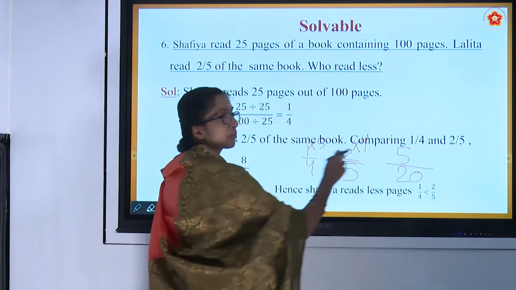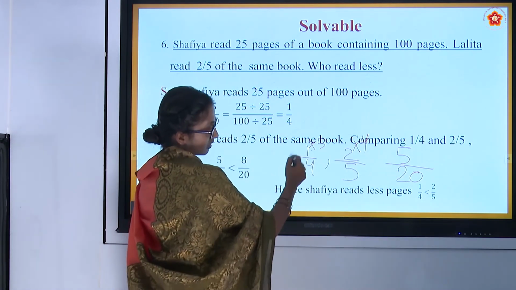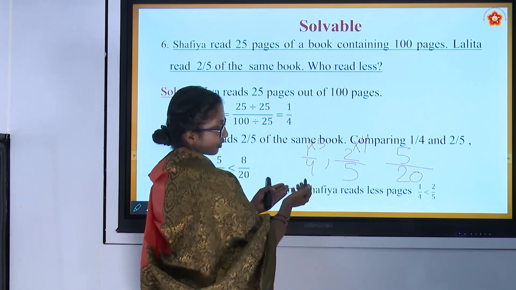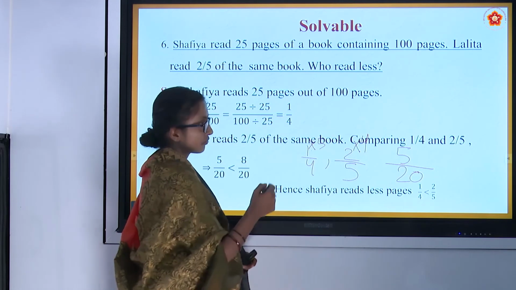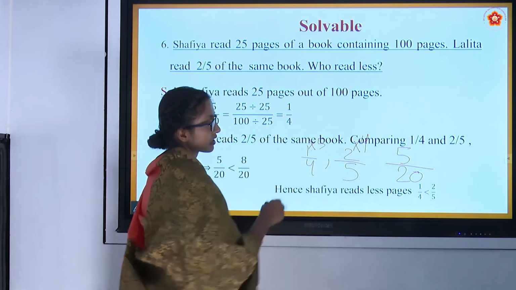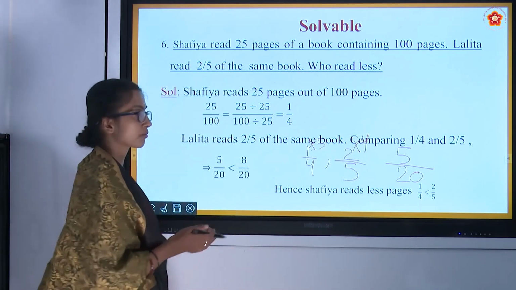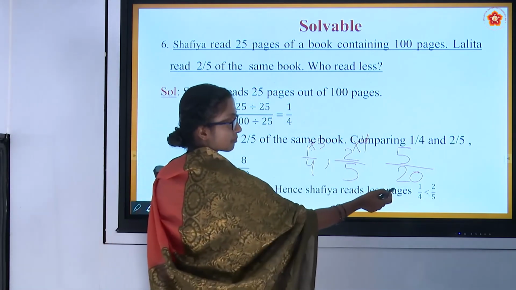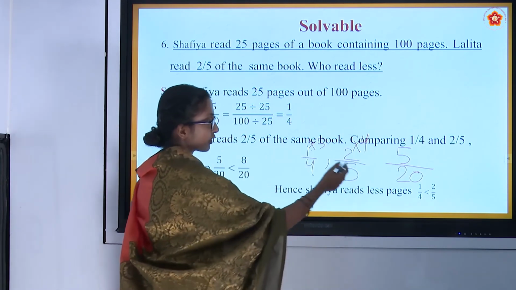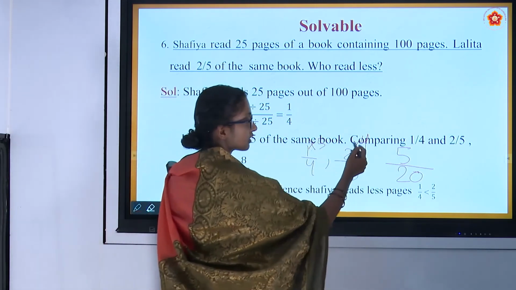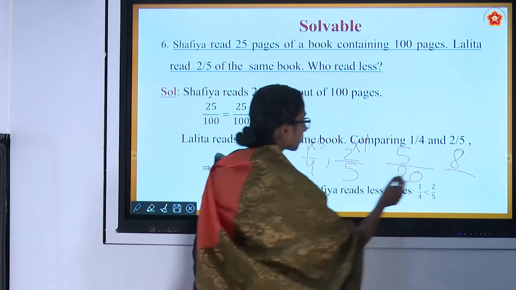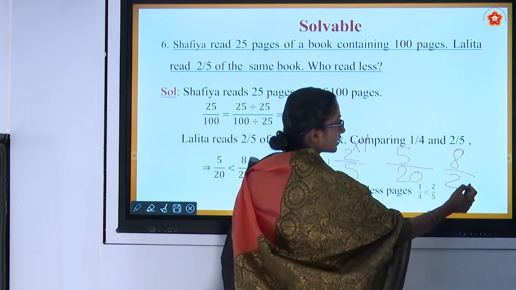Now a single denominator comes, because when we compare these two fractions we are just going to multiply them. We can take LCM, but when both the denominators do not come in a single table, we will just multiply them. That is 4 fives are 20. First one is 5 by 20, 5 ones are 5. Second fraction, 4 twos are 8. The denominator is 4 fives are 20.